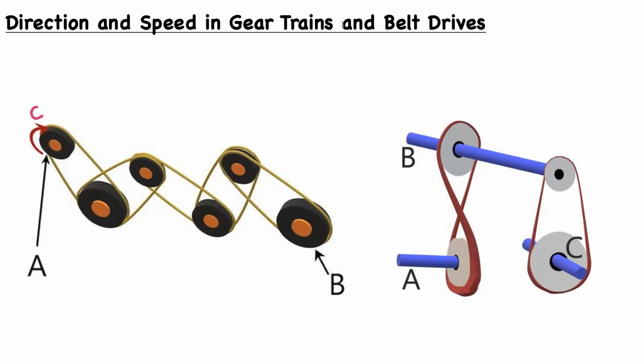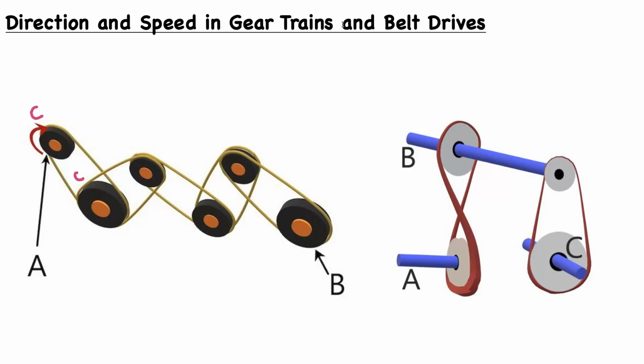Well, the difference between wheels in a belt drive and gears in a gear train is first of all that we won't have that opposite rotation direction between adjacent elements. So for example, we see that the wheel A is rotating clockwise. Does that mean that this second wheel will be rotating counterclockwise like we might expect in a gear? Well, no, it will actually be rotating in the same direction so long as it is on the same side